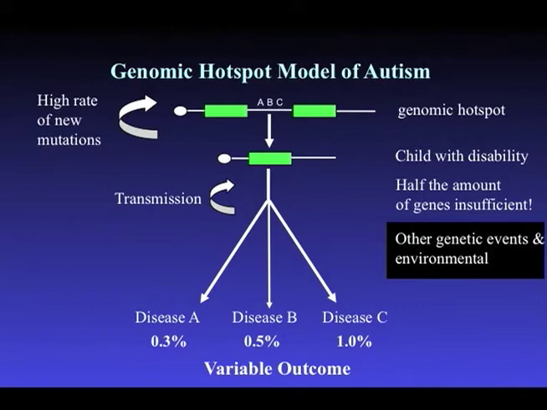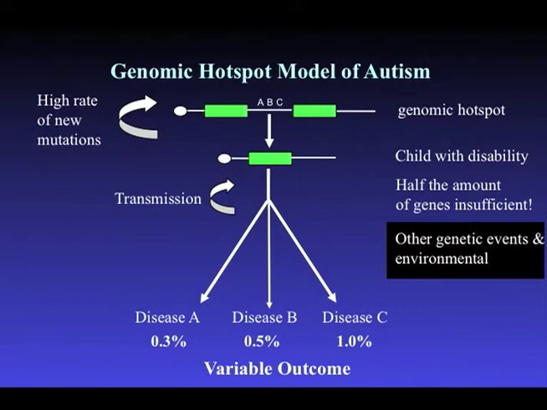You create what I would consider to be a highly sensitized child to disease. So that individual, if these events are necessary and sufficient when you're missing one set of copies, can result in a very strong syndromic disease, in which case you have it and all cases are sporadic. But if this event is not necessary and sufficient to drive disease, but creates a sensitized individual, so half of the amount is insufficient, what determines whether you develop schizophrenia, epilepsy, or intellectual disability depends on what other insult you have.